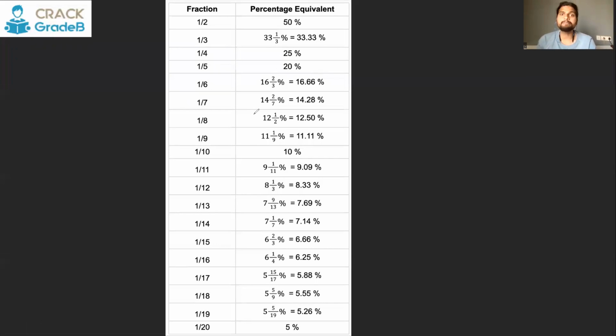So the application part of it, as I said, is immense, because if you have to calculate 14.28% of 714, and you know the fraction value is 1 by 7, all you have to do is take 714 and do 1 by 7 of it. 7 ones are 7, 0, 7 twos are 14. Let's take one more example. If you have to calculate 27.27%